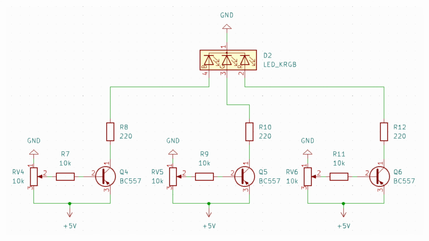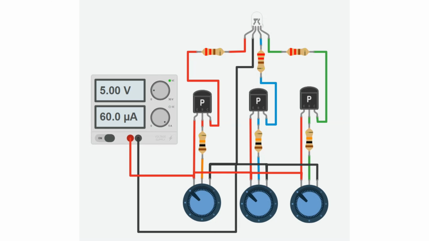When a variable resistor is adjusted, it changes the base voltage of its corresponding transistor. A lower base voltage, closer to ground, turns the transistor on, allowing current to flow through the respective LED, making it glow. By adjusting RB4, RB5 and RB6, the brightness of each color can be controlled, allowing for different RGB color combinations. Now we can make the RGB LED glow in different colors by adjusting the potentiometers.